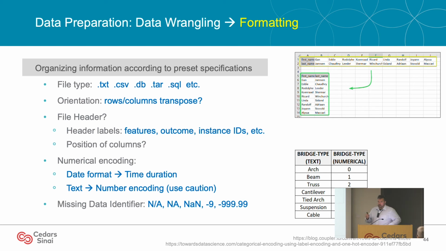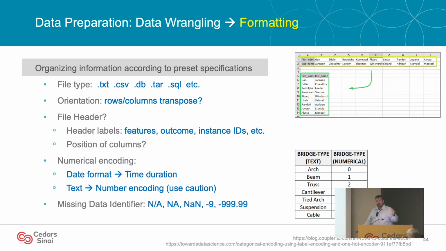Does the data set require a header? Or do you want a header in the data set? Also, do your columns include specific labels for your outcome variable, the features, the instance ID? Or do you need to have those variables in a specific position in the data set? So it's just the nuances of getting the data set ready to be run by whatever the software is you're going to run. You also might need to numerically encode your data set. Some algorithms can't handle text values. You will need to put them in a numerical format. So for example, let's say we have these text variables for the feature bridge type, just as a really rough example, and we're just going to give each one a numerical encoding.